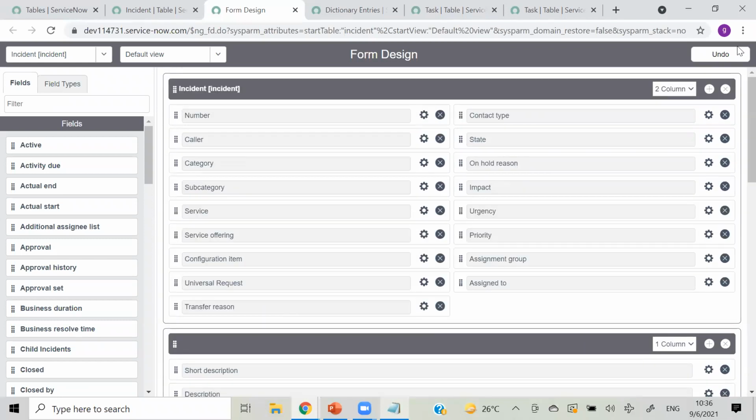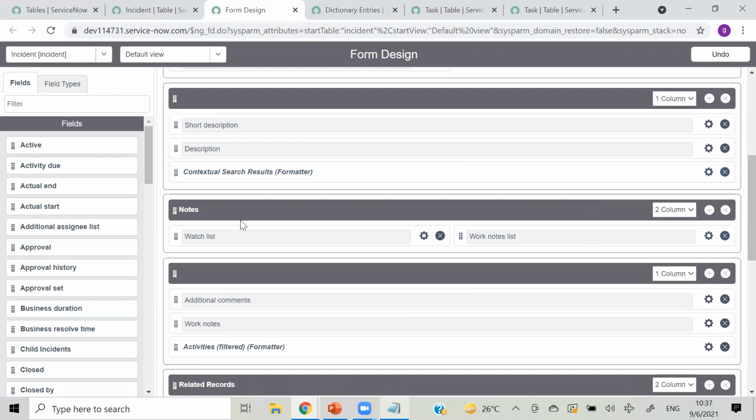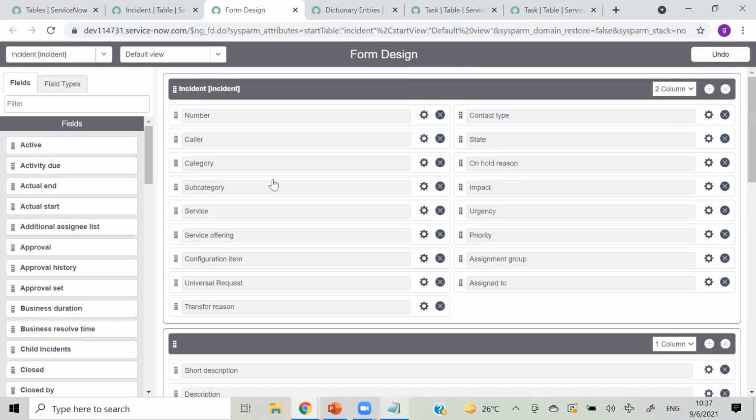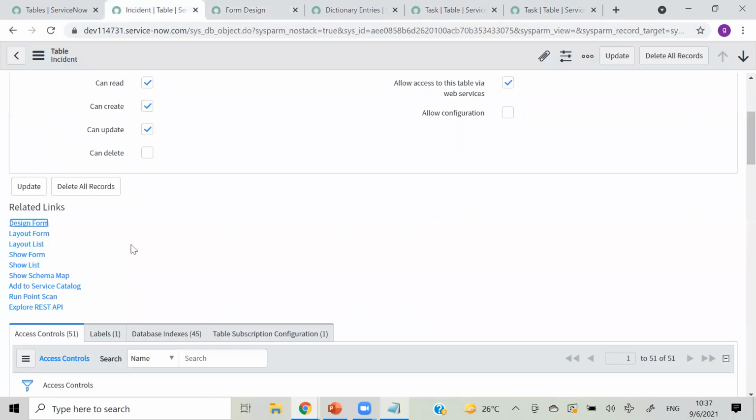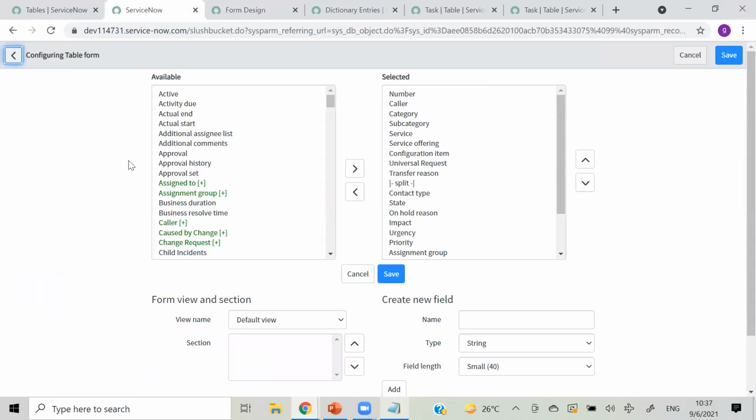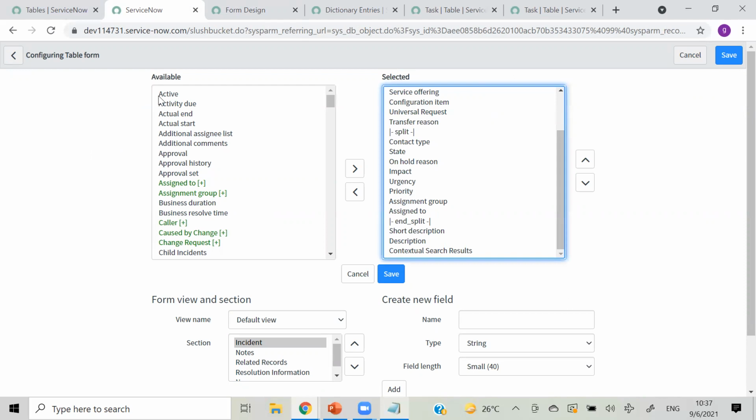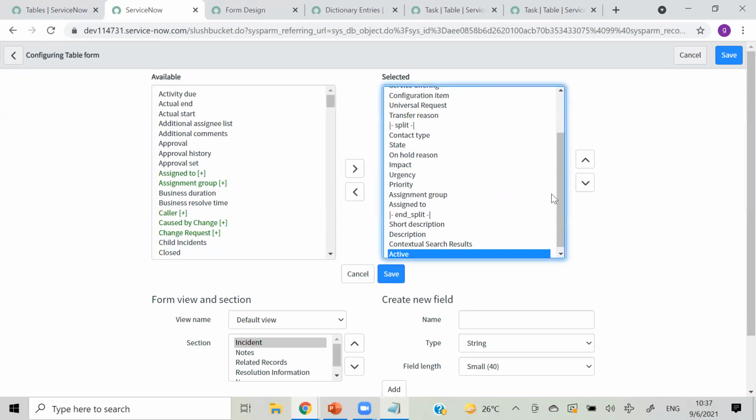These are sections, like the incident section. This section doesn't have any name. Then we have the note section, which again doesn't have any name, and we have these fields. So this is about the form design. Next we have form layout. You have seen this: when I click on configuration and go to form design, these are the fields which appear on the form. If I want to pull this field and push it here, and I save, this active field will appear on the form. So this is your form layout.